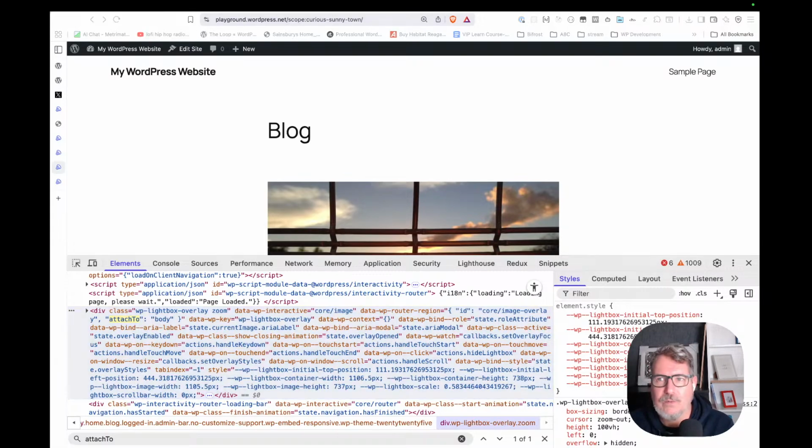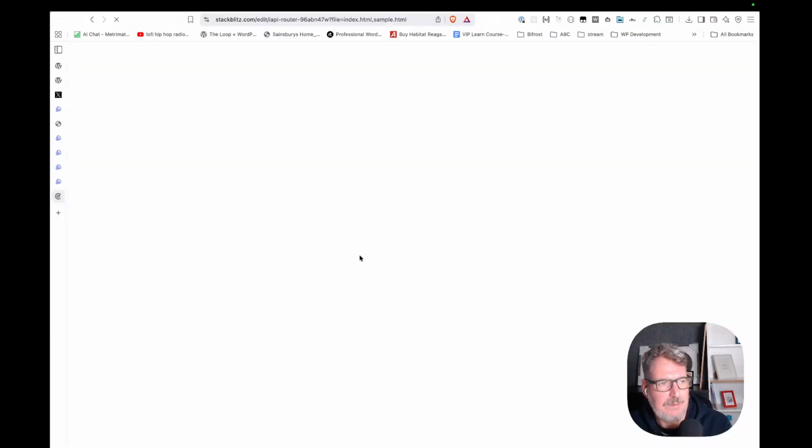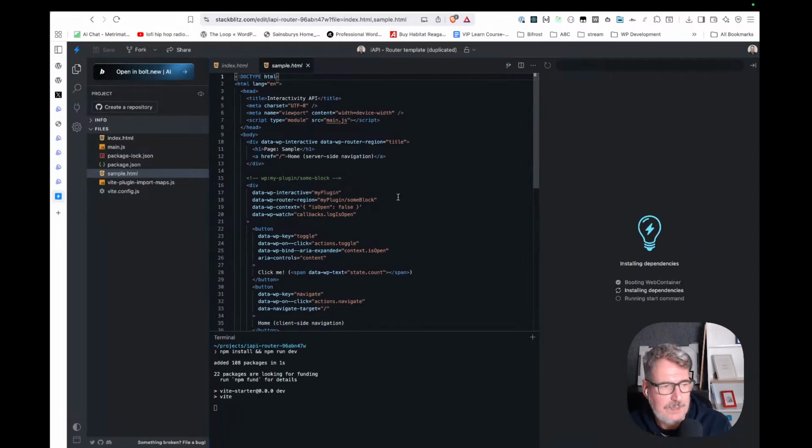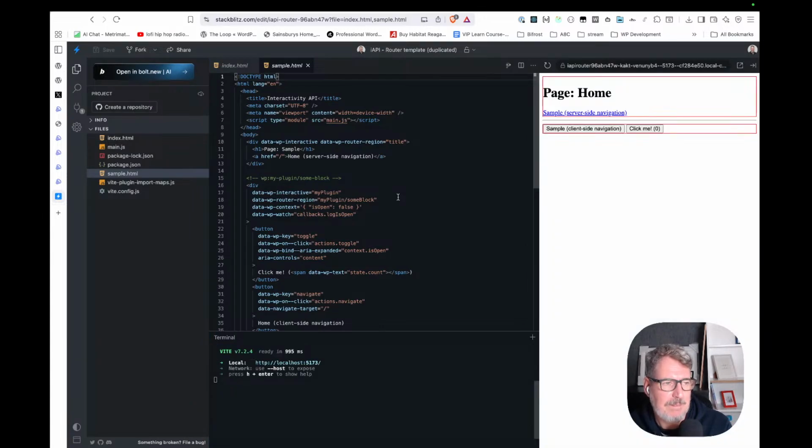I have here a really cool example. Let me see if I can find it. This is very simple. This is something that I have borrowed from Luis, who is the mastermind behind the Interactivity API. And this is an implementation of the Interactivity Router and the Interactivity API